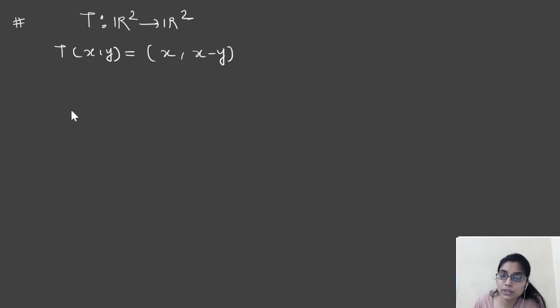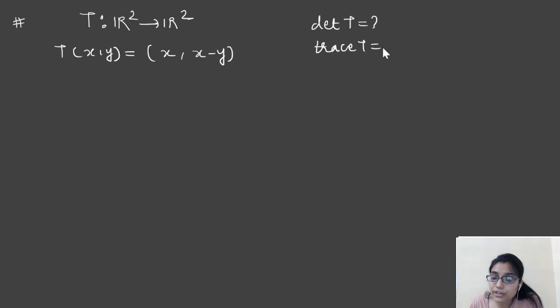सोचो, ये आपको दिया है। और अगर मैं आपसे कहती हूँ कि डिटर्मिनेंट ऑफ T निकालो, या ट्रेस ऑफ T निकालो, तो क्या करोगे? क्योंकि हम जानते हैं कि किसी भी बेसिस के रिस्पेक्ट में अगर मैट्रिक्स बना रहे हैं तो वो सारी सिमिलर हैं, तो कॉम्प्लिकेटेड मेथड को क्यों यूज करना, क्यों किसी अनदर बेसिस के लिए जाना, सिंपलर वन, स्टैंडर्ड बेसिस पर जाओ, like I am using 1 0 0 1, okay, and again